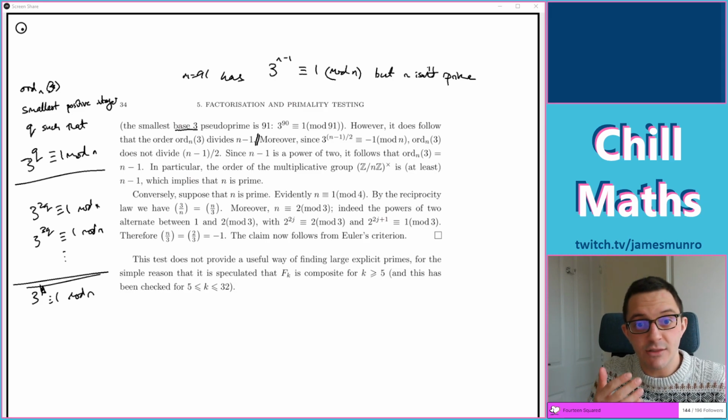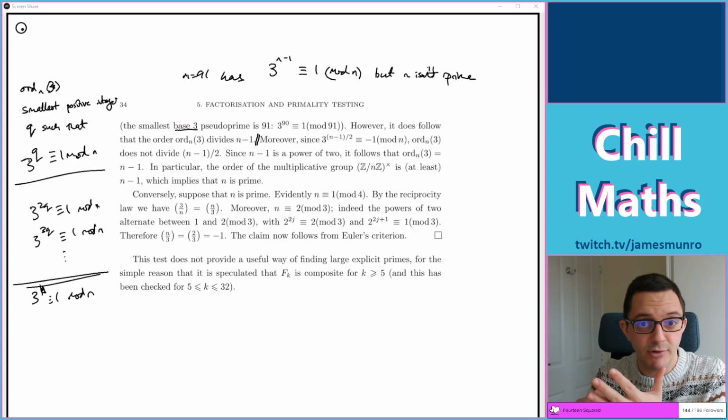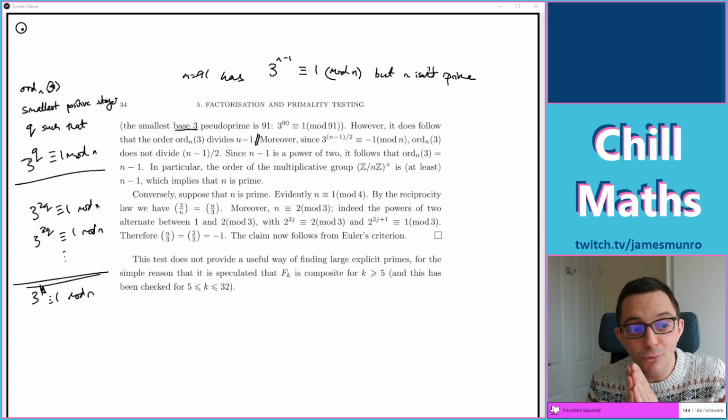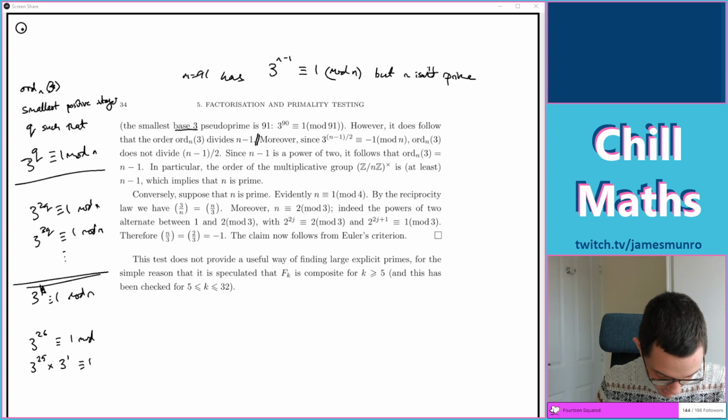Once you've done that, of course, raising 3 to the power of 10 or 15 or any other multiple of 5 will be just a whole bunch of 1s multiplied together. And then that means that the powers there are things ending in 5 or 0, so 5, 10, 15, 20, 25. If somebody says, oh, how do you know that 3 to the 26 isn't 1 more than a multiple of n? How do you know you found all of the examples where 3 to the something is 1 mod n? And that's not too bad, because if you're interested in 3 to the 26, then you say, well, hang on, that's 3 to the 25 times 3 to the 1 mod n.